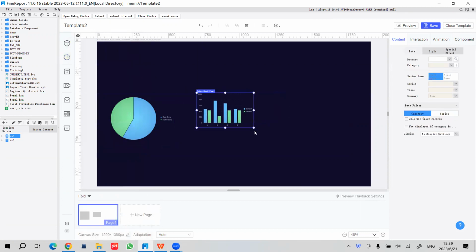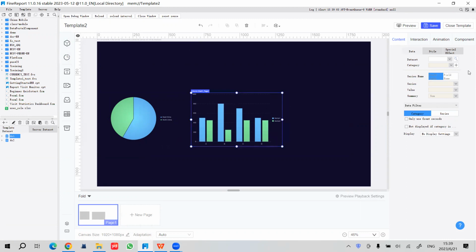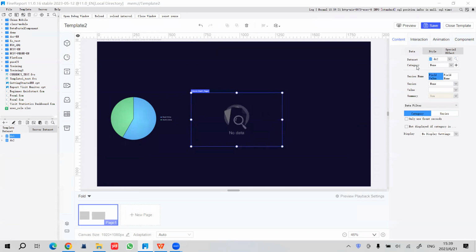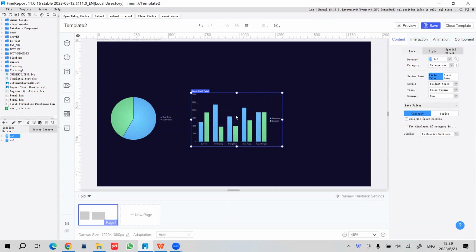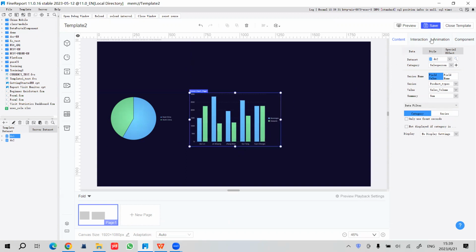The column chart, and the data site we can choose the DS2. The category we can choose the salesperson, and the series we choose the product type. The value we choose the sales volume. Okay, and